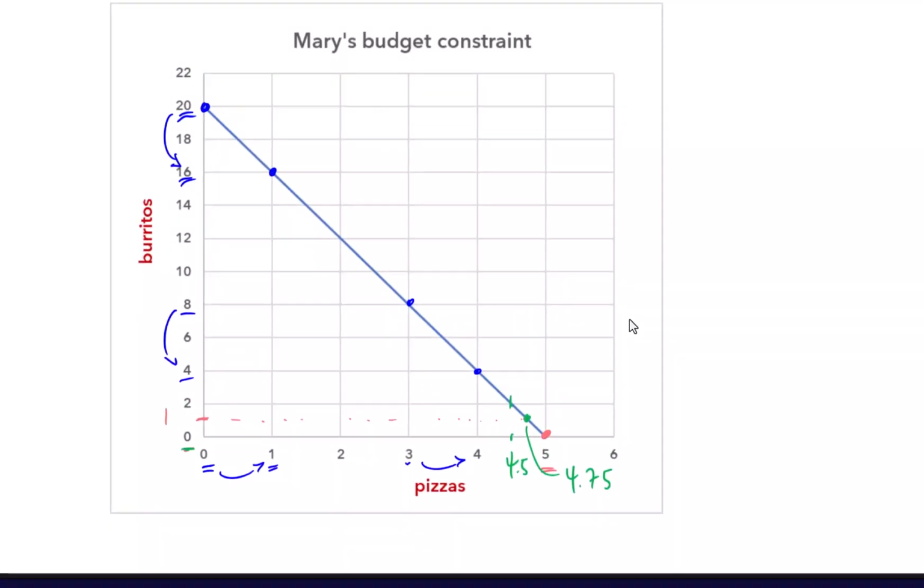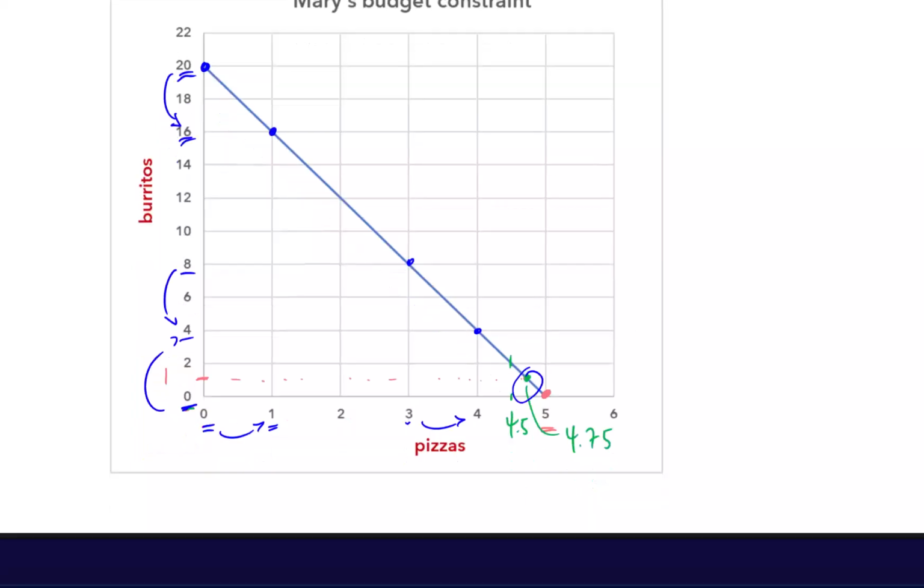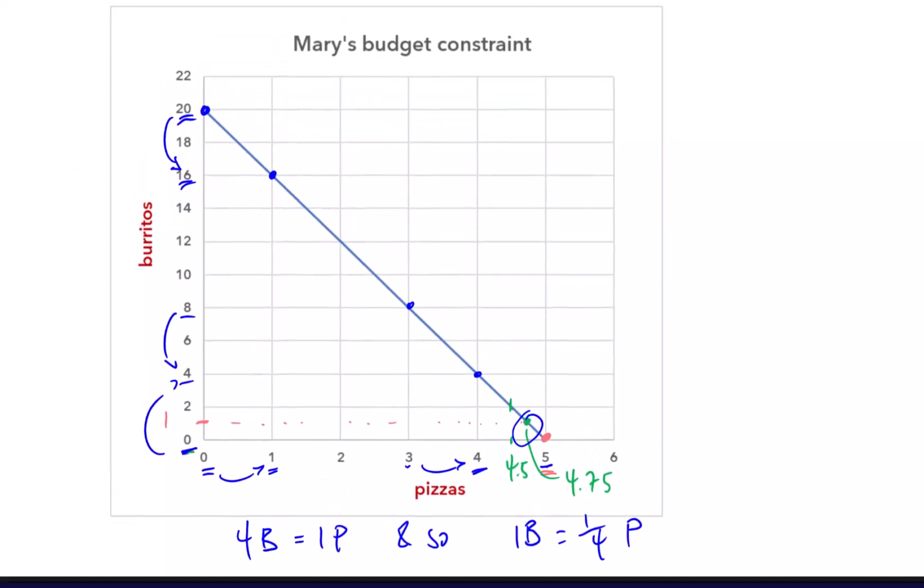And then finally, just to point it out to you, if you don't want to get too fiddly with trying to figure out where exactly on the graph we are right there, you can also, for instance, consider if she goes from 0 to 4 burritos, then in that case, she will have to give up one whole pizza. So 4 burritos equals 1 pizza. And so therefore, we just reduce that. 1 burrito is going to cost a quarter of a pizza. Okay,